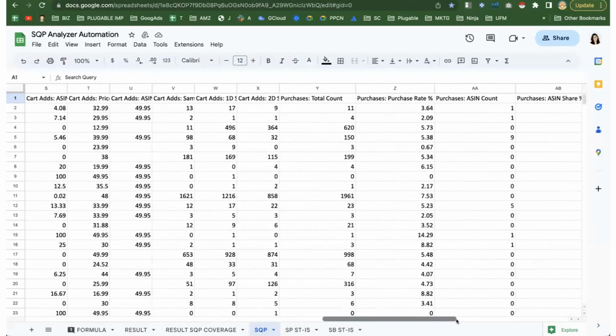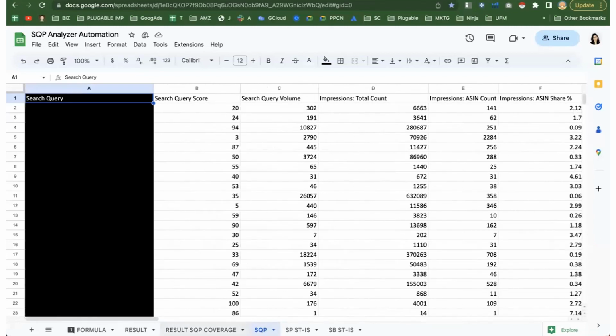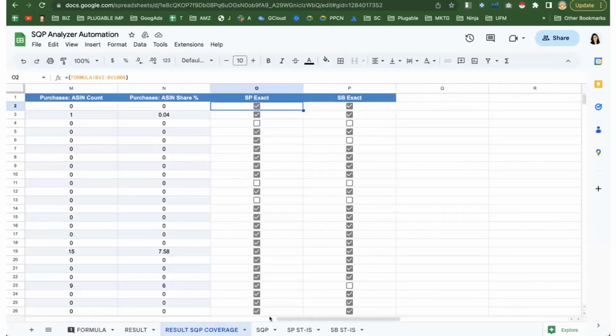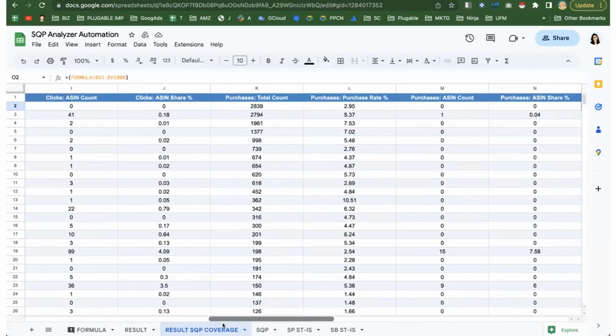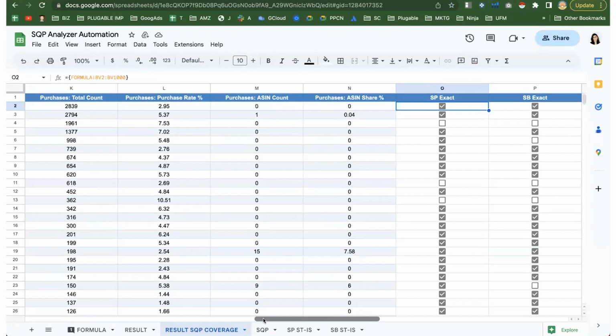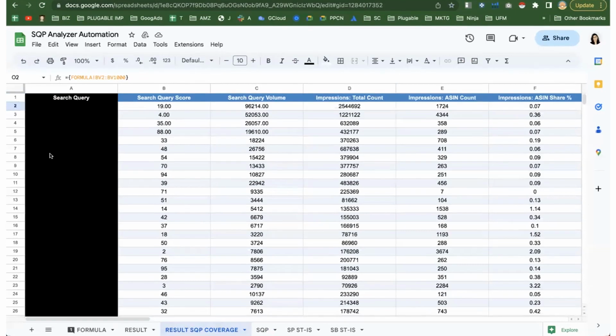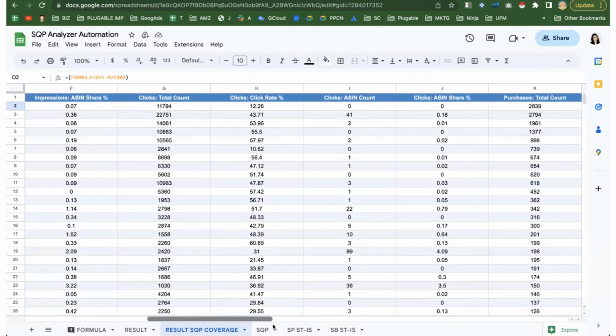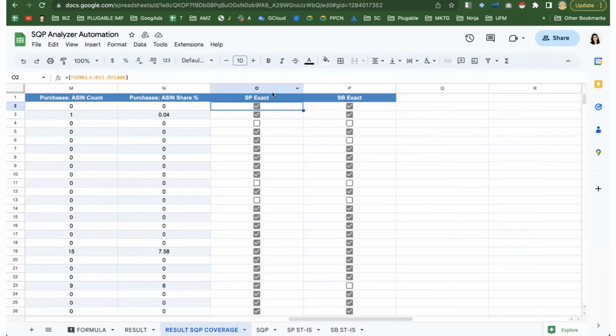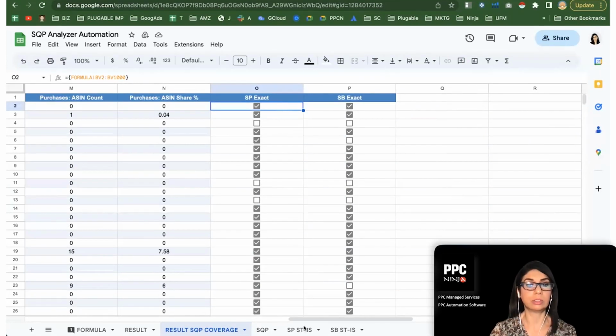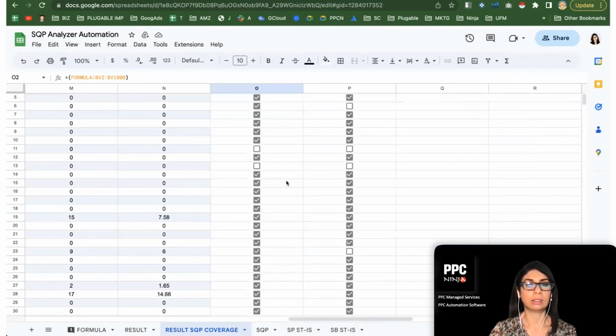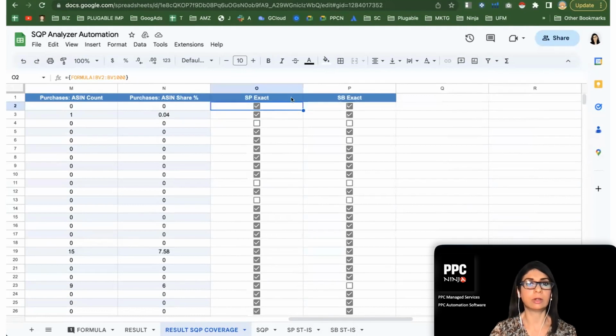So the way we do that gap analysis is that we pick up data from all these three reports, and we create this gap analysis sheet, which can be done quite easily if you know some basic formulas using VLOOKUP, etc. So what you want to do is see, for each of the search queries that you have in the search query performance report, are you targeting them or not in sponsored products and sponsored brands? So this is basically just a formula using lookups. And so you can just reference these two reports and then create these checklists that can be easily filtered, and you can easily figure out, okay, these are the search terms that are not being advertised, so I can go and advertise these.